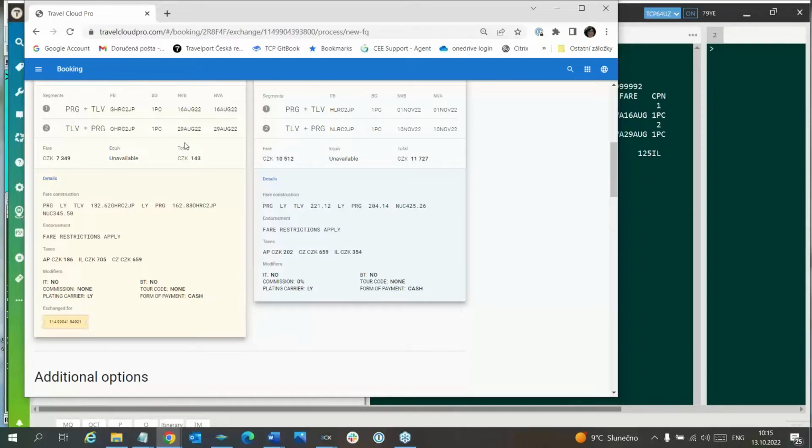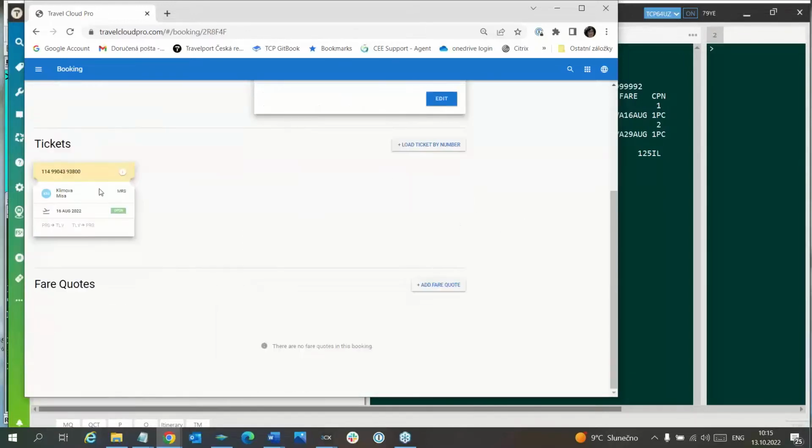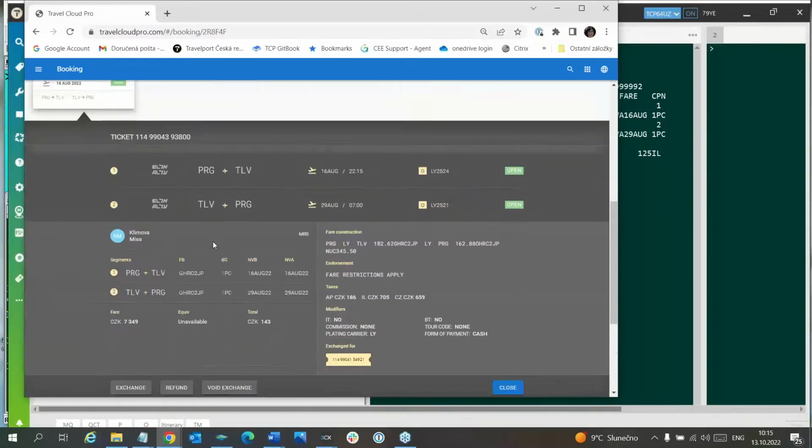It is always quite good to check if the baggage is the same, if it is the same type of the fare basis. You can see it is, so we can continue. If, for example, here will be 0 PCC, in that case you have to go back. To go back means to click here on this PNR record locator, and you can start again and use some